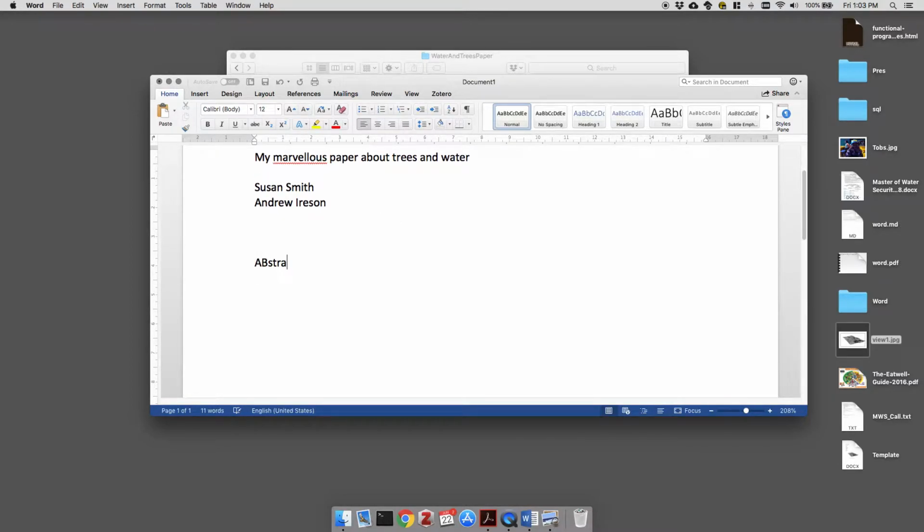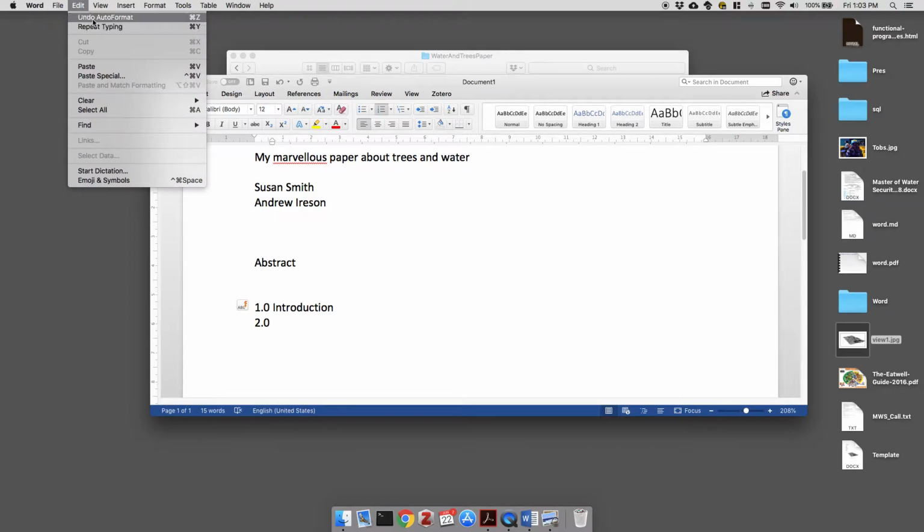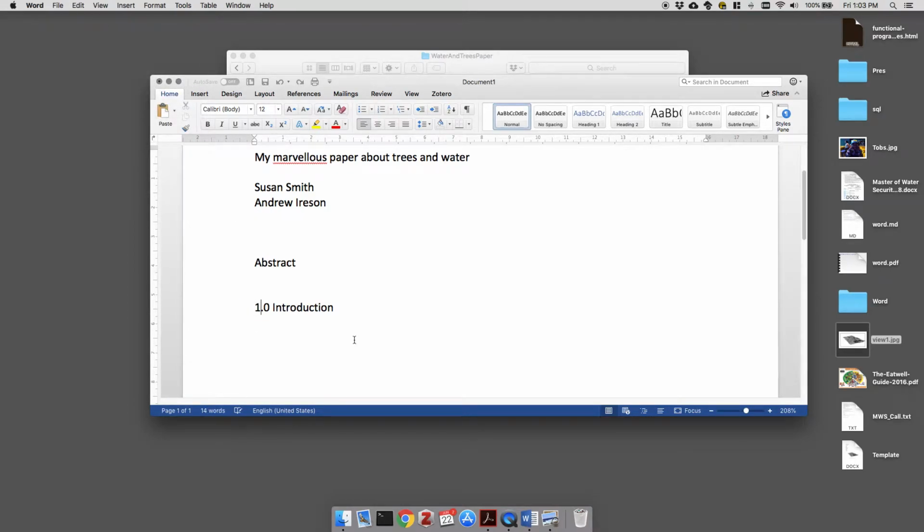Normally if it's a paper, you're going to have an abstract, an introduction, and you're normally going to number the sections as well. So let's number this 1.0, enter. Now, Word is trying to help me, and I don't want its help. I do not want Word to start automatically numbering things for me, because that's another problem. So I'm just going to hit undo, edit, undo, auto format, and now it's not auto formatted. So now I can manually create my next section